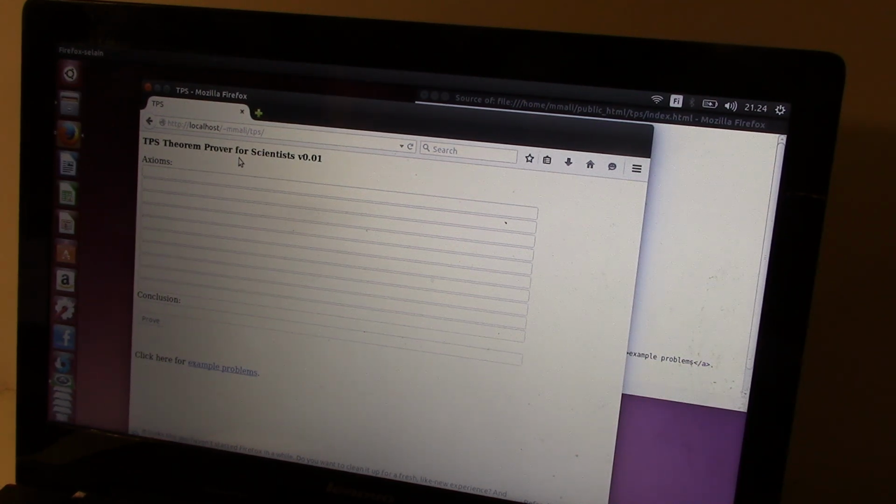Welcome to see a demo of TPS Theorem Prover for Scientists version 0.01. I will give axioms and conclusion. First axiom: